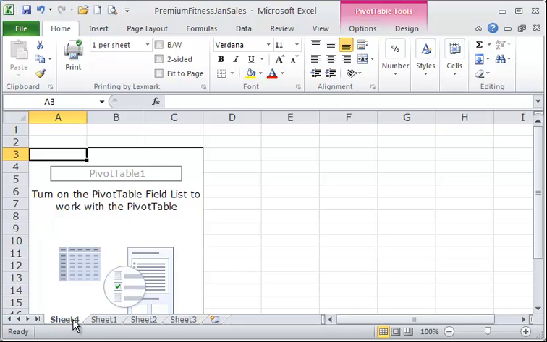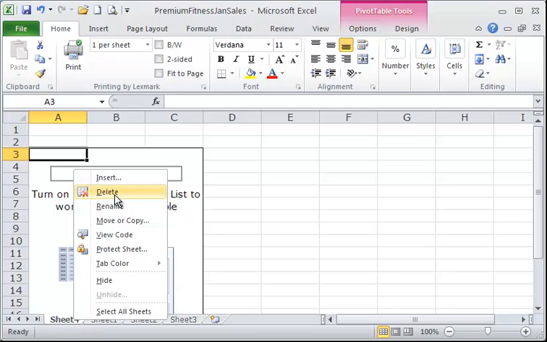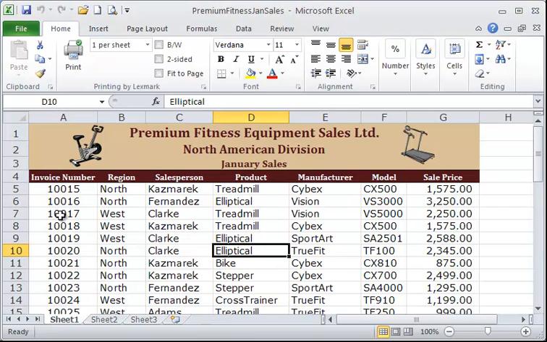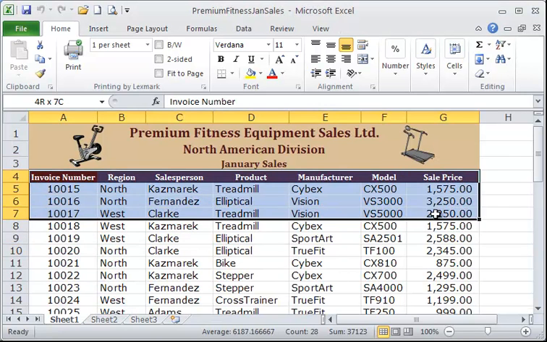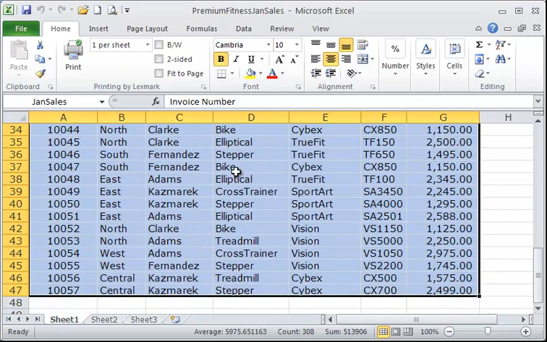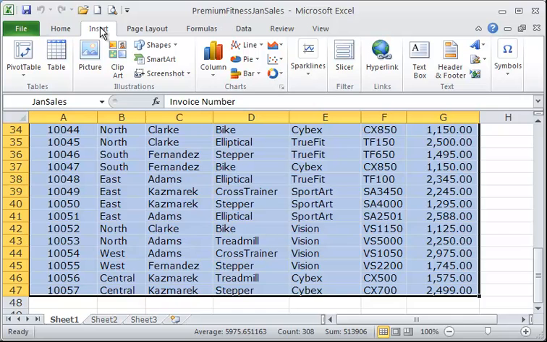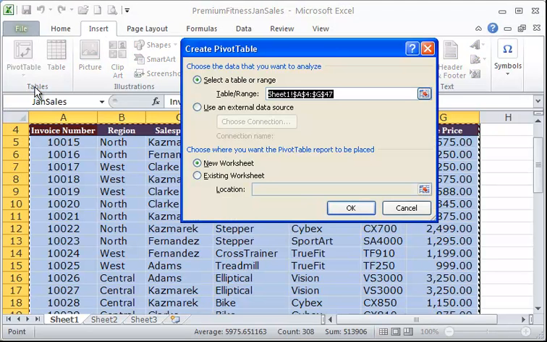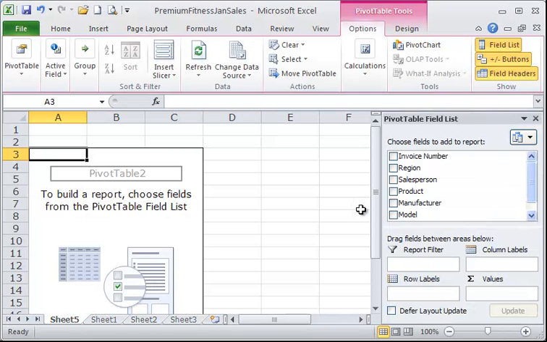I'm going to delete this sheet and we're going to try this again. I'm going to select this A4 through G47. I must have done something wrong in there. Back to the Insert tab, Pivot Table, A4 through G47. I thought that's what I had, and then we'll click OK. Alright, now